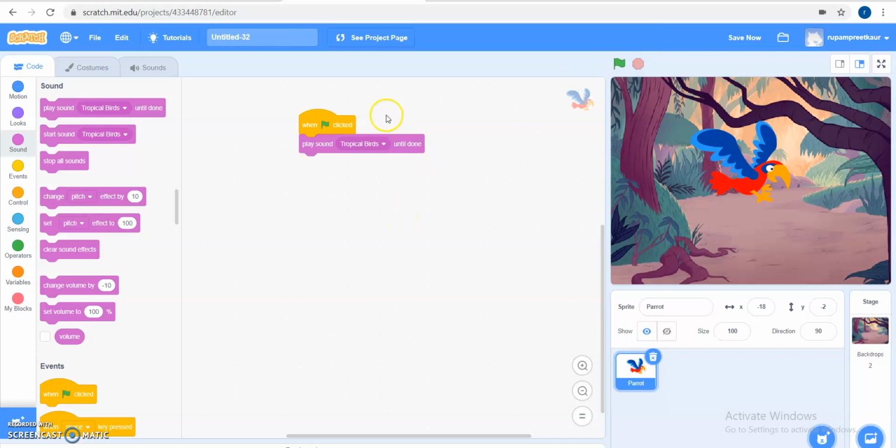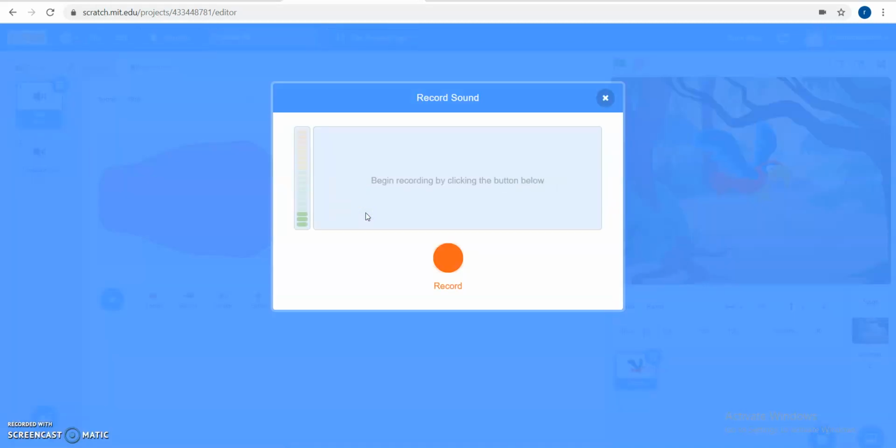Now the next thing is, if you want to record your own voice, how can you add it? From the drop down menu, the third option is record. How can you record your own voice? You can simply click on this record button, and after clicking on record sound, you have to click this orange button.